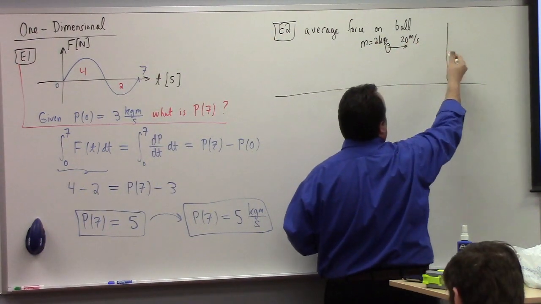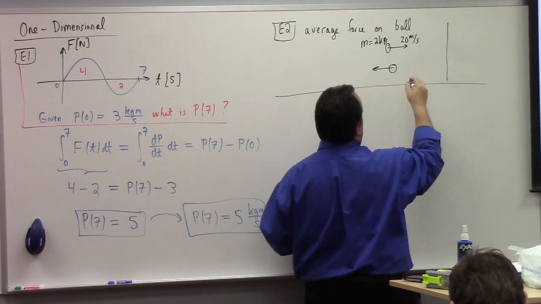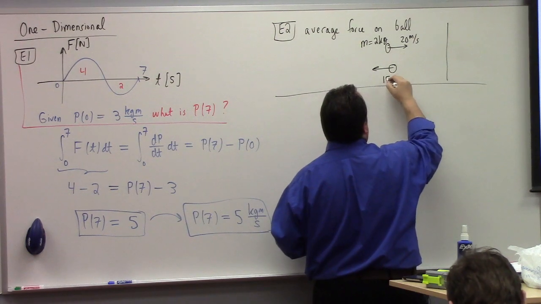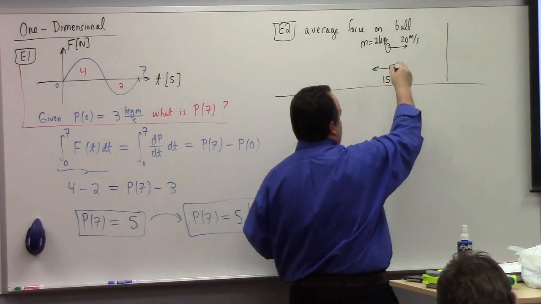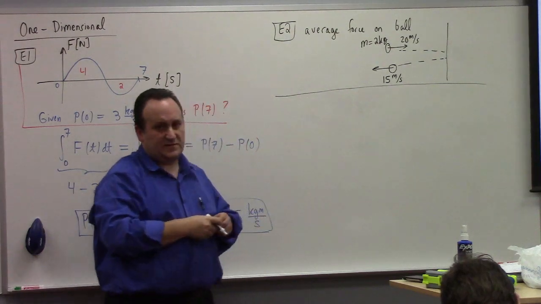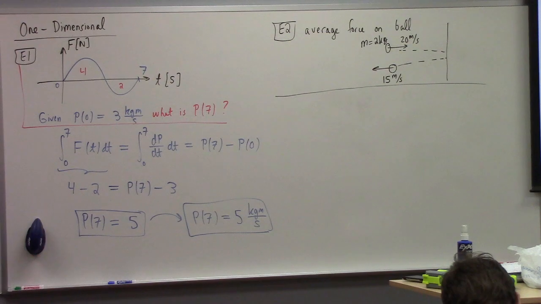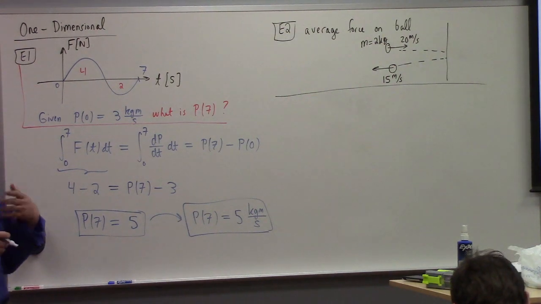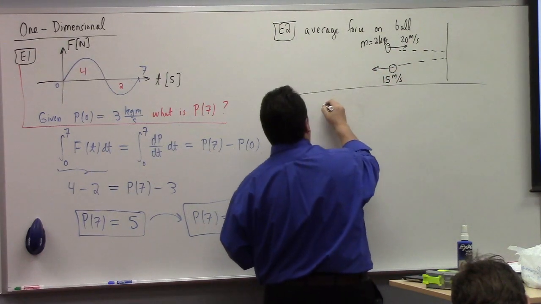It's a very strong wall. It rebounds, right? It bounces back. And let's suppose it rebounds with 15 meters per second. So it loses some of its energy, right? So here we go. It comes in, hits the wall, comes back right there, okay? So my question is, what's the average force exerted on the ball during this process, right? Well, let me not ask that. Let me ask a different question. What's the impulse to the ball in this process of the collision? What's the impulse going from here to here?